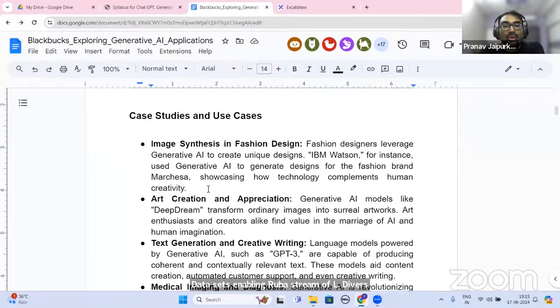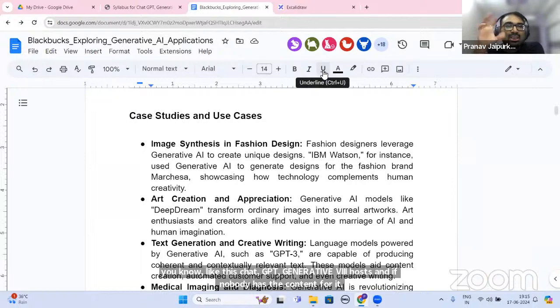Now let's move ahead with the case studies, like how generative AI can be used. I will honestly tell you what I am doing with generative AI. In my mentorship career, one of the most important things is that we have to create content. Sometimes we receive the content from the edtech organization, and sometimes we have to create it on our own. If the course is really new, like this ChatGPT generative AI course, nobody has the content for it. Now I can judge what should come in the content, but I cannot create it.